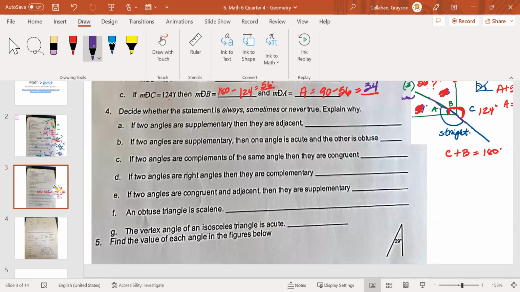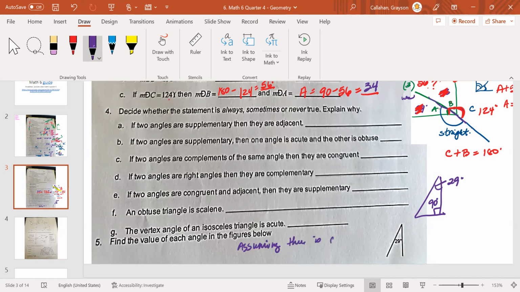I don't even think you could do 5. Let's find the value of each angle in the figure below. I'm assuming, let's just redraw this. And here's the other thing, she cut off the work right there. So we're just going to say, assuming